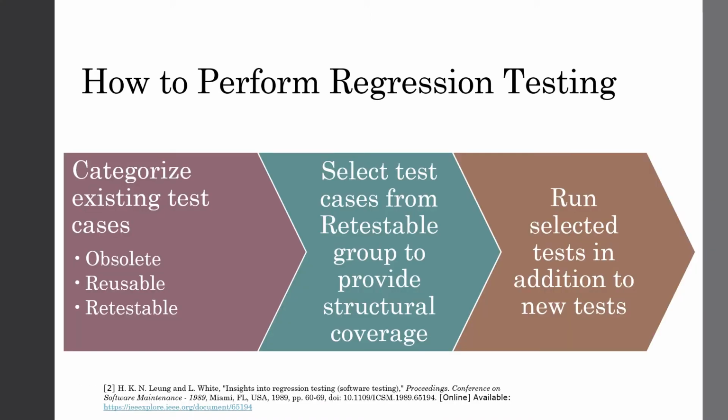There are three basic steps to regression testing. First, the existing test cases are examined and placed into one of three categories. Obsolete test cases are those that are no longer applicable because of the changes made in the update. Reusable tests are those that test only those parts of the code that will not be impacted by the update. Finally, retestable test cases are the ones that test the parts of the existing code that may be impacted by